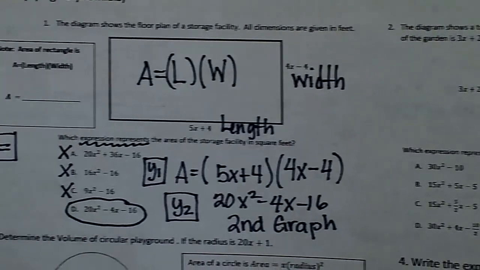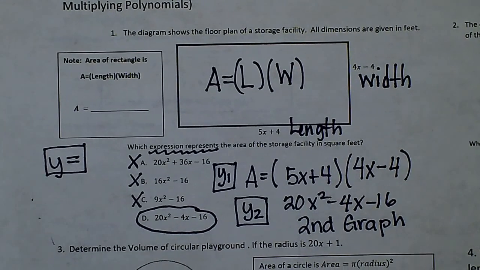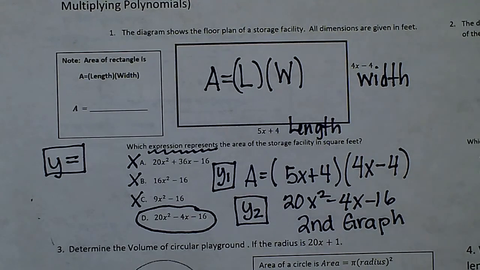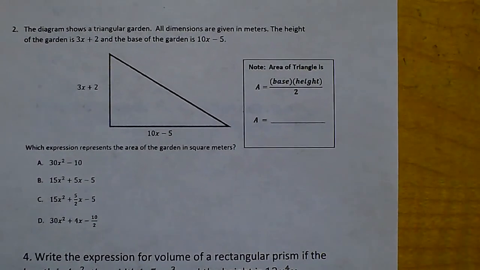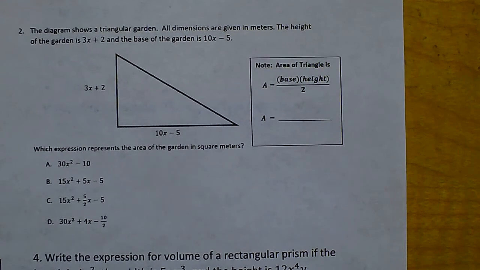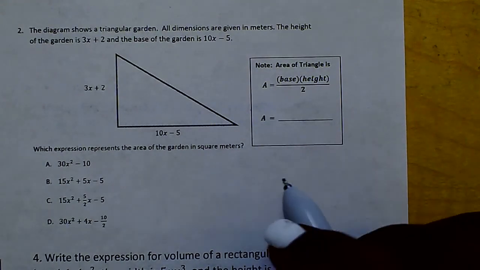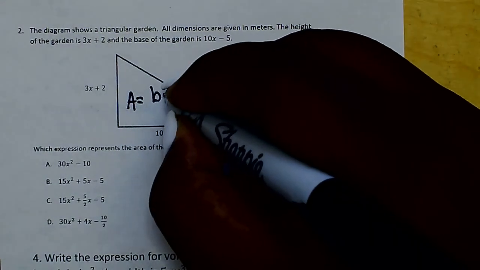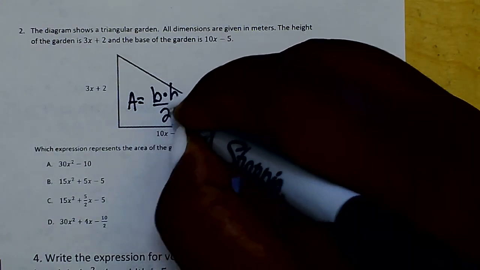You finished one that was a rectangle. That's your shape in the problem. Now let's go on to number 2. Now the shape is a triangle. Well, the area of a triangle is